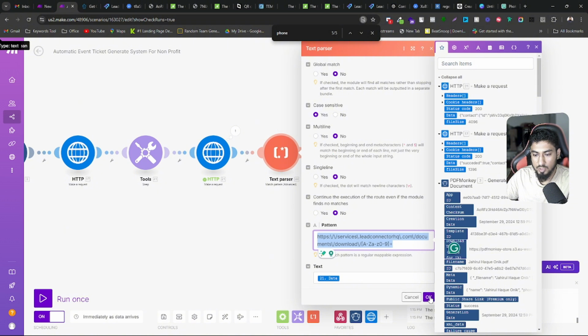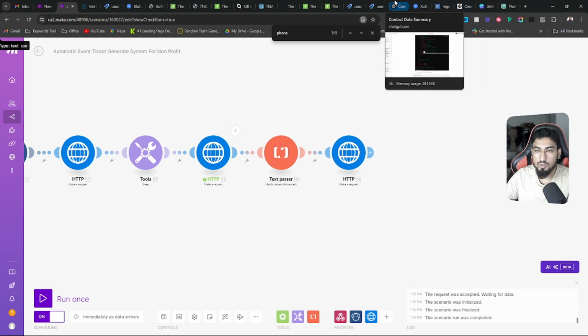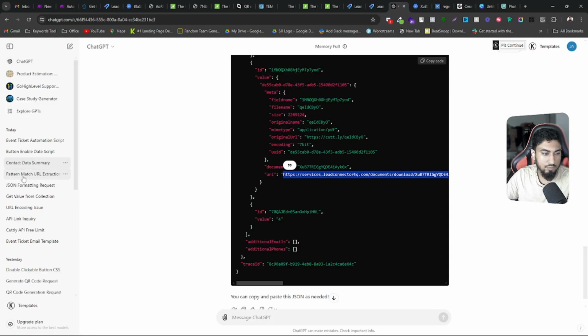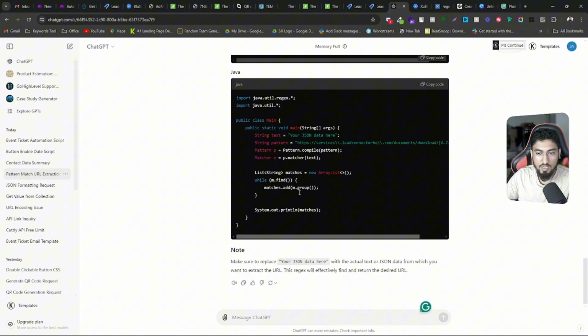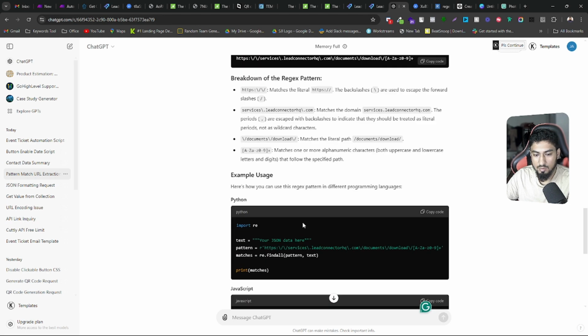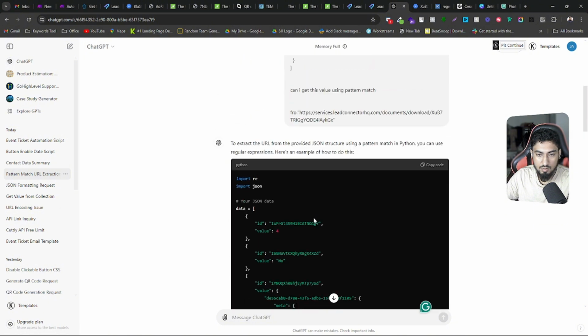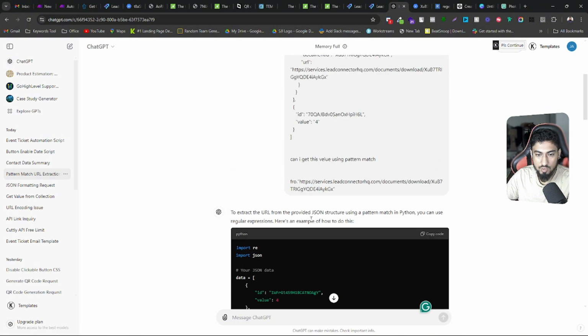So how can we test whether it's working or not, and how do we get the regex key? I also use OpenAI to get the regex key. So here it is. Let me check. I put it there, and I need to